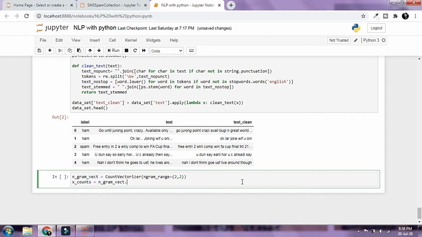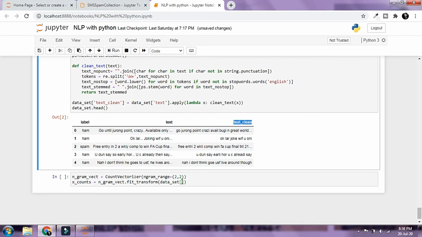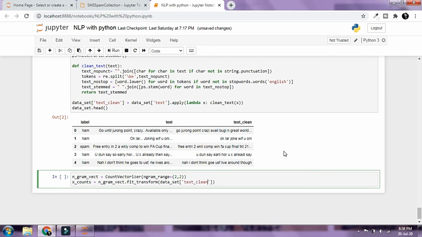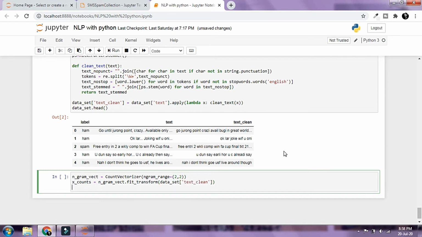ngram_vect.fit_transform, just like our previous lesson, and we're going to call this fit_transform on the text_clean column of our dataset, right? So I'm going to say dataset text_clean. So that's going to store the cells inside our document term matrix into this variable X_counts, and this is